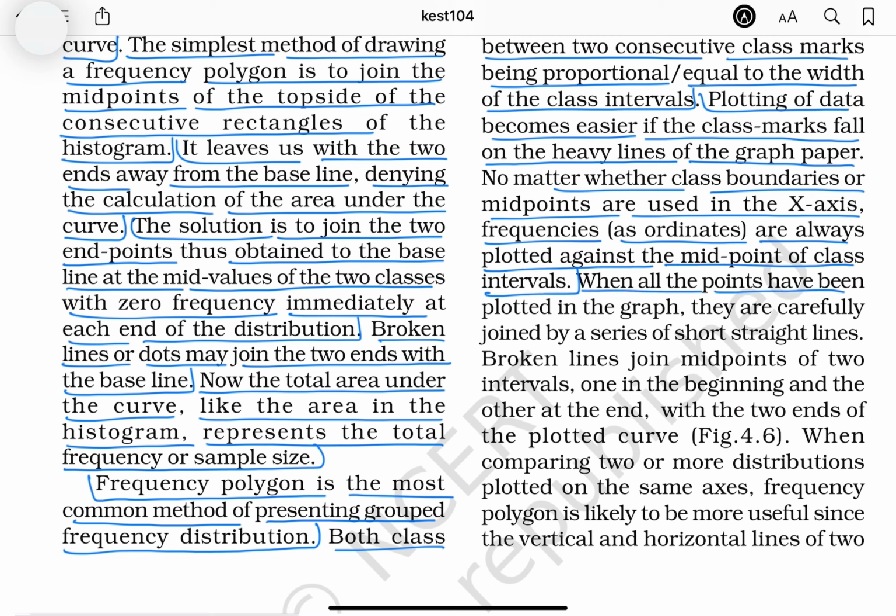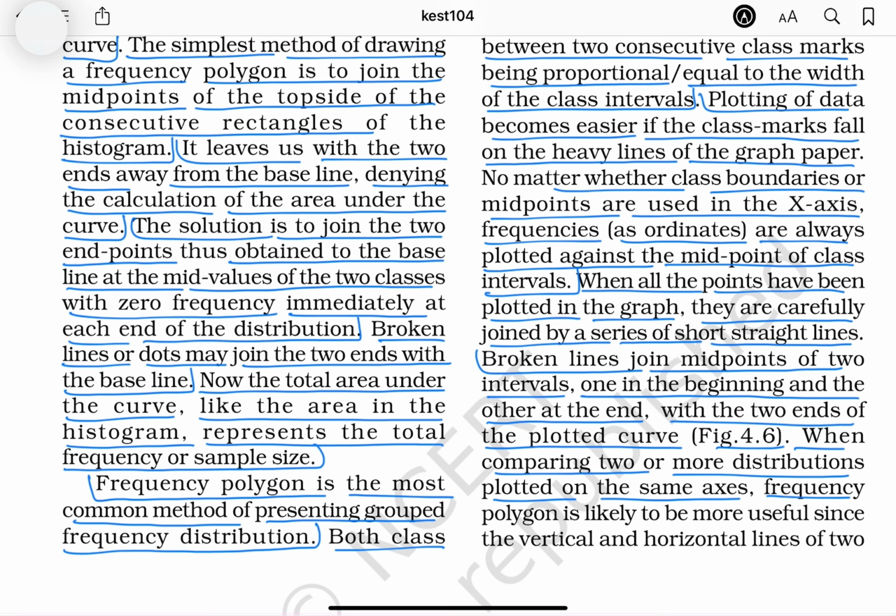When all the points have been plotted in the graph, they are carefully joined by a series of short straight lines. Broken lines join midpoints of two intervals, one in the beginning and the other at the end, with the two ends of the plotted curve, 4.6. When comparing two or more distributions plotted on the same axis, frequency polygon is likely to be more useful since the vertical and horizontal lines of two